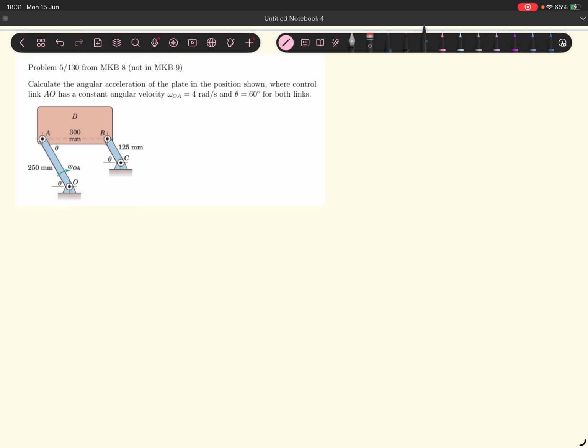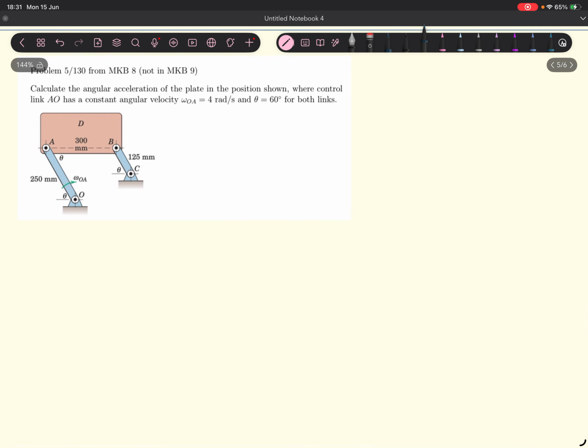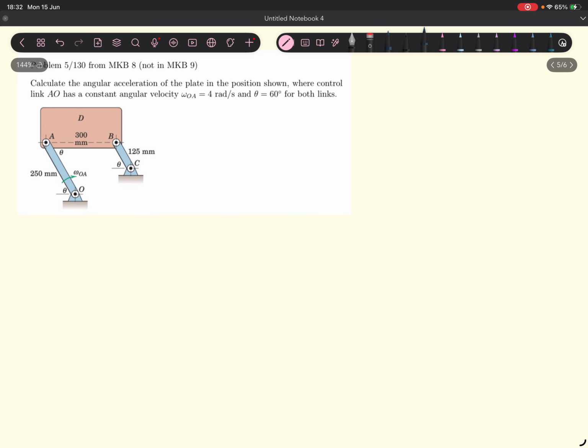Okay, so in this question, we're asked to find the angular acceleration of the plate in the position shown. We're told that the lengths OA and BC are parallel to each other, so they have the same angle with the horizontal, and we're given the angular velocity omega OA. So the approach to this question would be to solve for